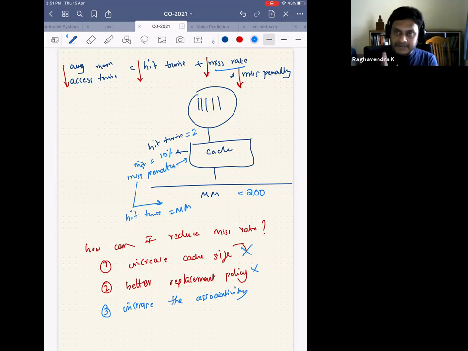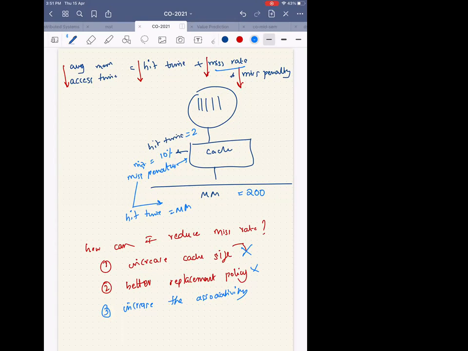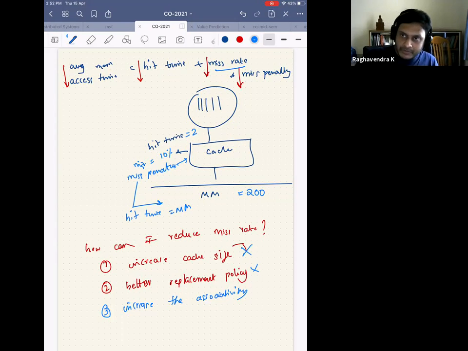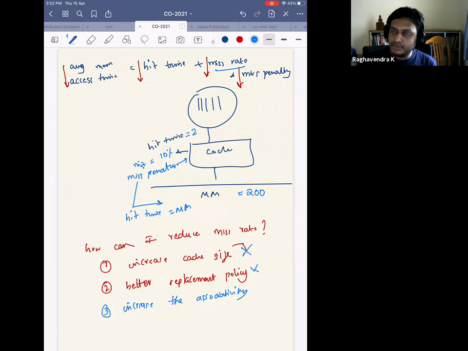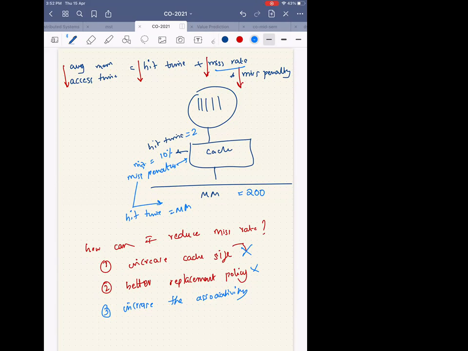If I make the cache block size 1 byte, then for every address the CPU generates, I have to go to the main memory and fetch it. Let's say it was a streaming application. Let's say you're watching Netflix. You don't watch a movie randomly, right? You just move from left to right. Now for every scene, you're going to the main memory and fetching it. But if you increase the block size, then you would have fetched half of the movie in the cache before the movie started playing itself, right? So if I increase the block size, I reduce the miss rate because the spatial locality is good.